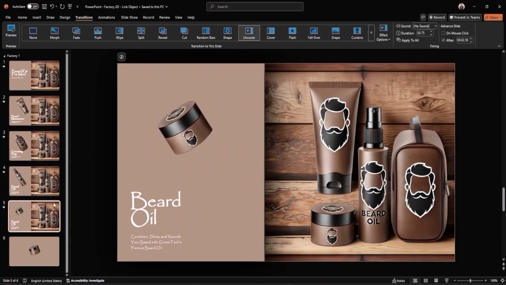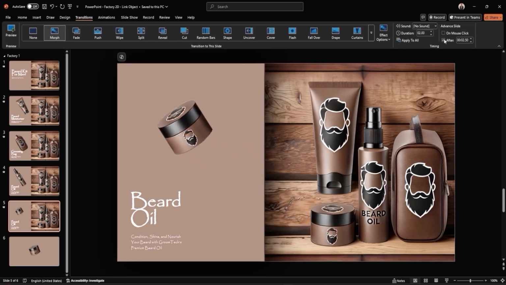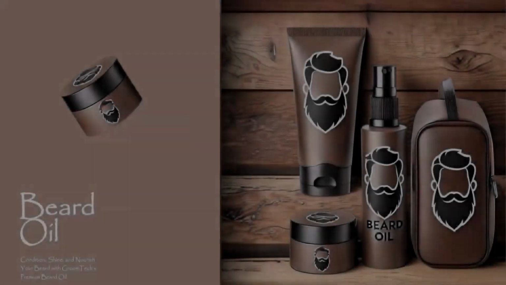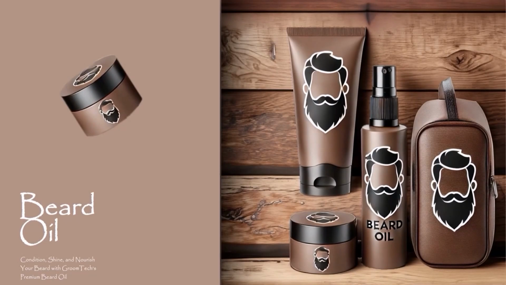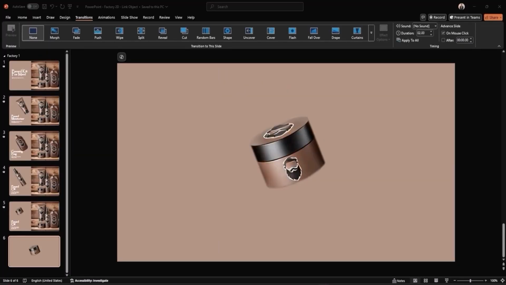Setting the styling balm back to the Morph transition, you can see the option in the top right corner under Advanced Slide. Here, you can set the slide to change automatically after a chosen time interval. Without clicking, the slide now automatically transitions to the next one after 2.5 seconds.